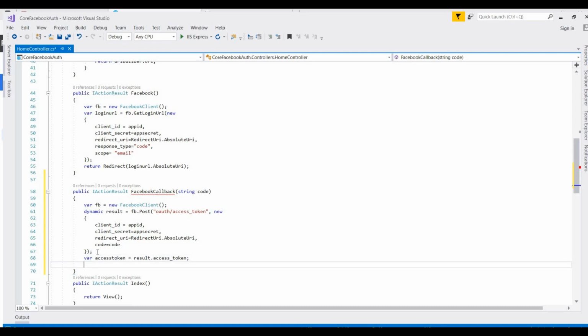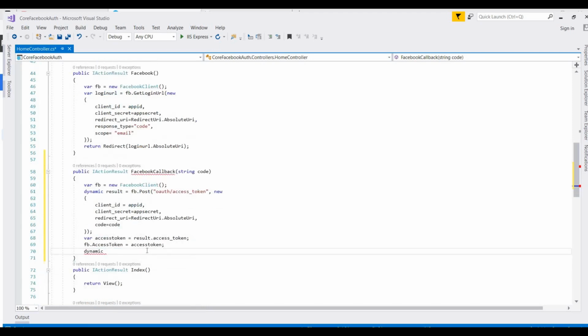And then fb.AccessToken is equal to the access token we provided here, and then a dynamic variable, any variable name, like data is equal to fb.Get, me, yeah, this returns in this format, like me?fields is equal to